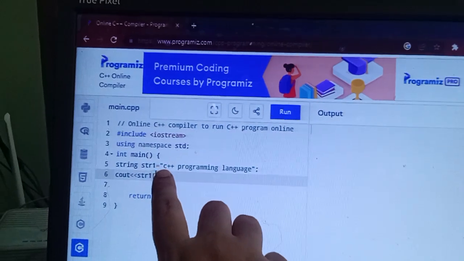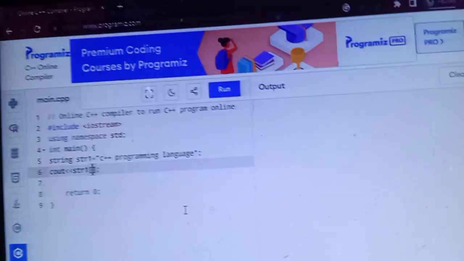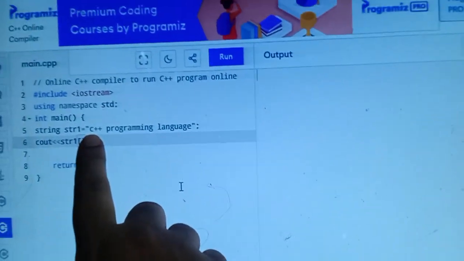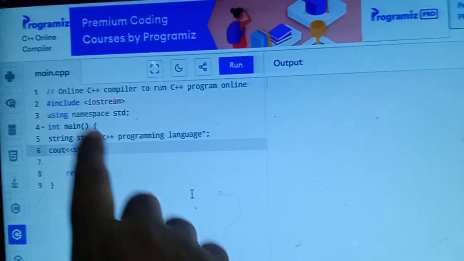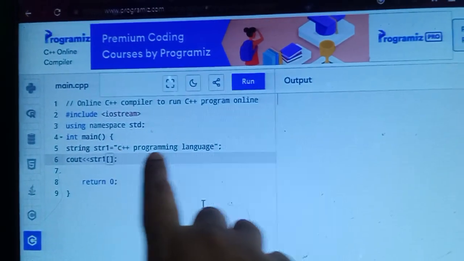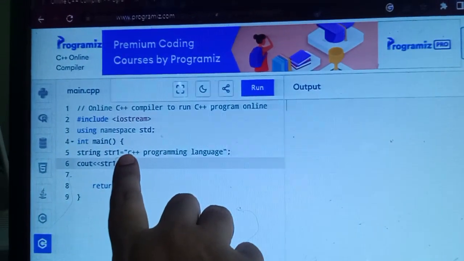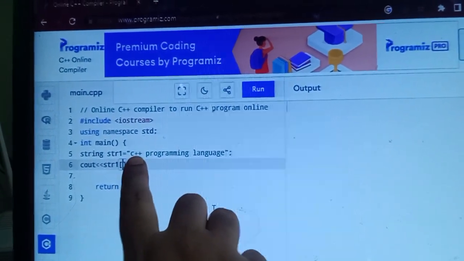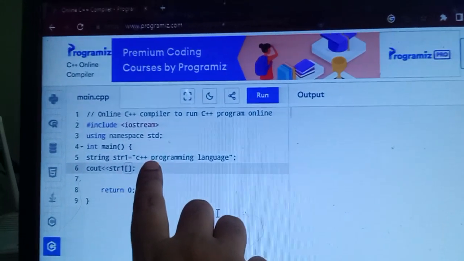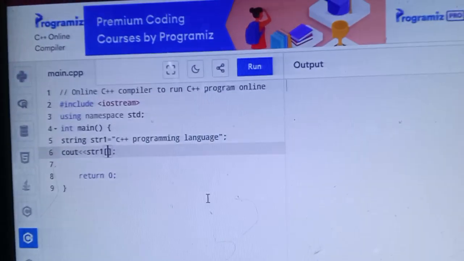See, the characters in the string variable are given indexes. Just as in your textbook you see lesson 1, lesson 2, page 1, page 2, in the same way indexes are given for the total word specified in the double quotes. So starting from 0 it gives the index: 0, 1, 2, space is also 3, P is 4. Let us see that. Now I am giving 4 here.